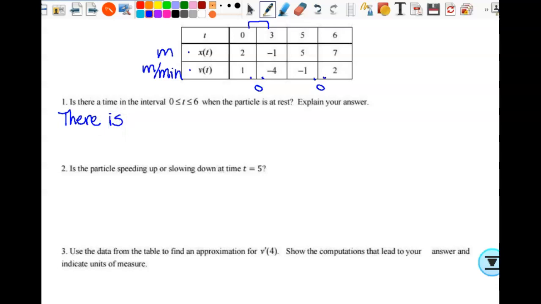Actually, I can say how many times are there? 2. Do we know there's only 2? There's at least 2, right? Because couldn't it happen here too? We just don't know what's going on, right? So I can say there is at least 2 times